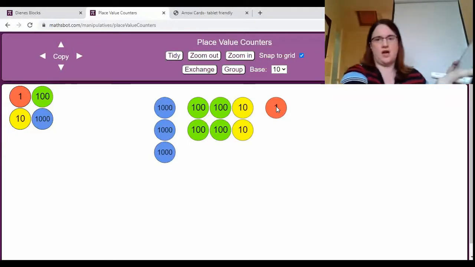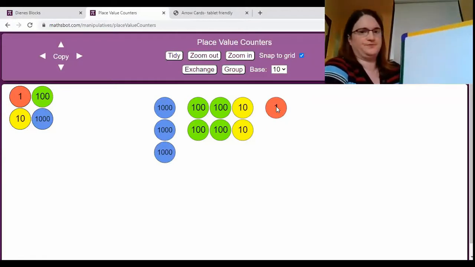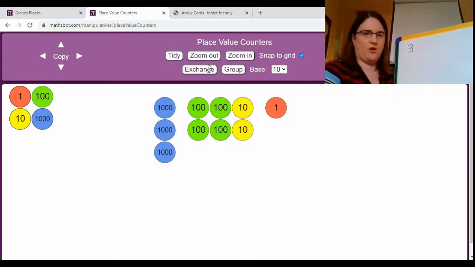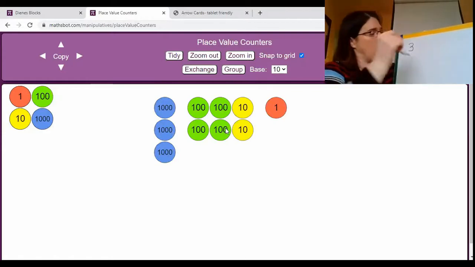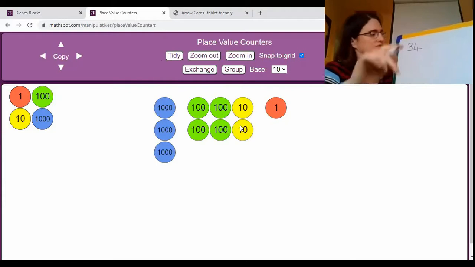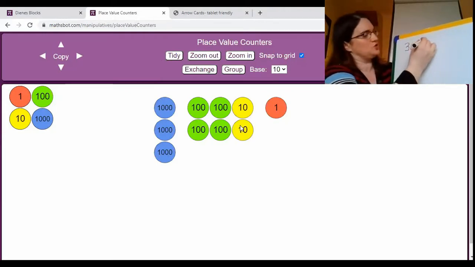Let's have a check. Here we go. So we have got 3,000. We've got 1,000, 2,000, 3,000. Then we have got 100, 200, 300, 400. The four's going in there. Then we've got some tens. We've got 10, 20. So we've got 2 tens. And then we've got 1, 1. So we've got the number